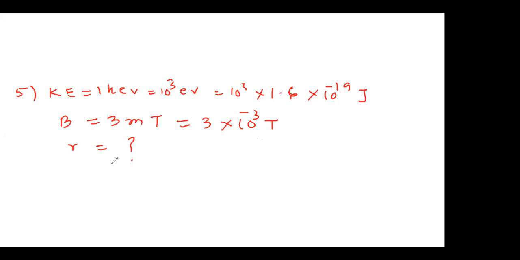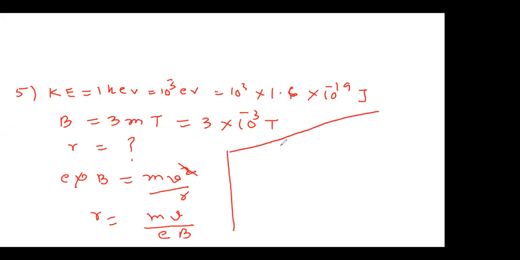Okay. The particle is an electron. Clearly it is given, an electron. So eVB equals mv square by r. One v I can cancel. Therefore r equals mv upon eB. So r equals, for v, root of twice kinetic energy upon mass. This line followed. In place of velocity, I wrote root of twice kinetic energy upon mass.